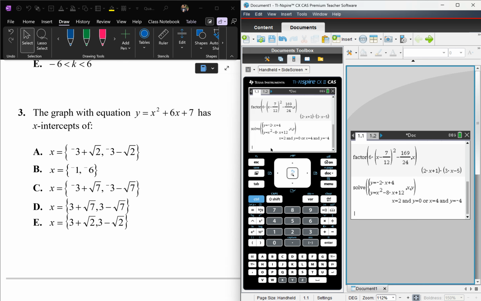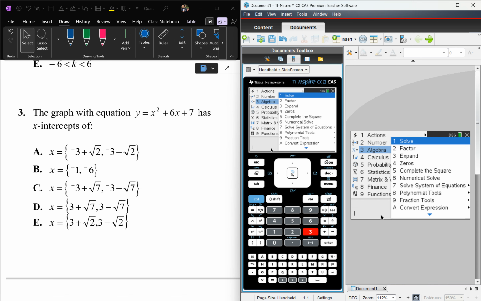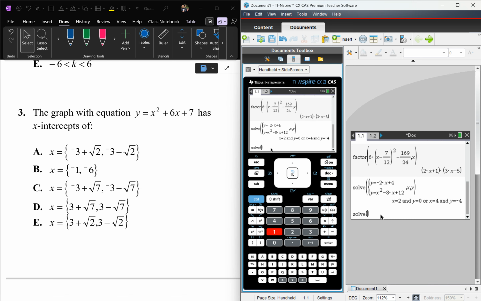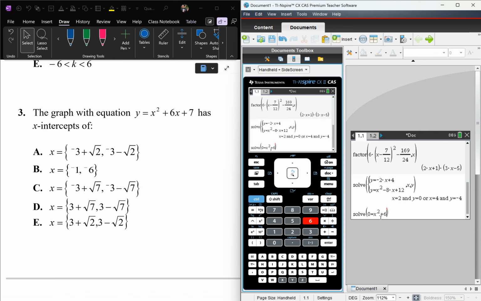Let's see. If I were to do this, we are literally solving for the x-intercept, so y must equal 0. So you go menu 3, 1. I just press menu 3, 1 for solve. 0 is equal to x squared plus 6 times x plus 7, comma x. That's all you're going to type. That's the equation, and you want the y value to equal 0. That's what I'm solving for. So if I press enter,